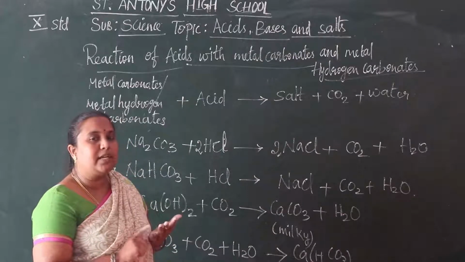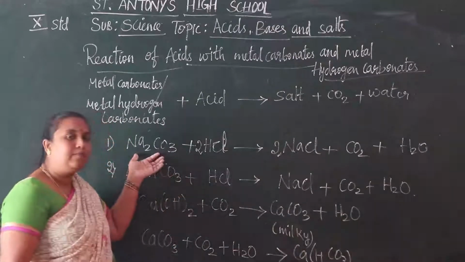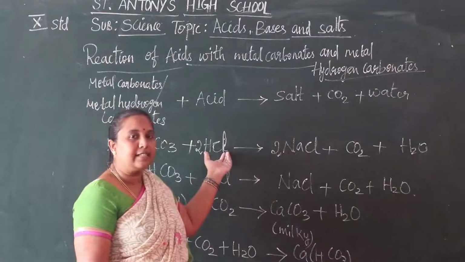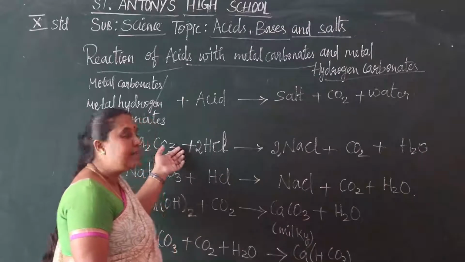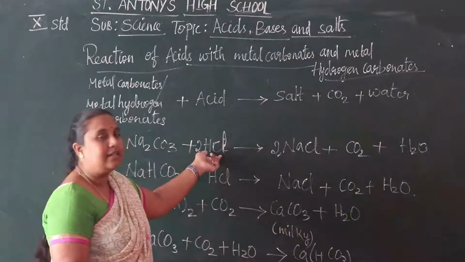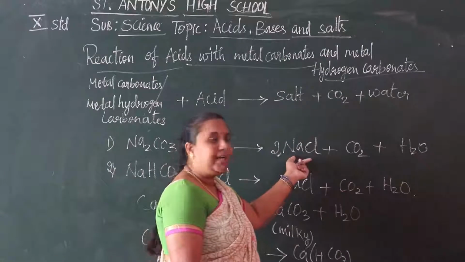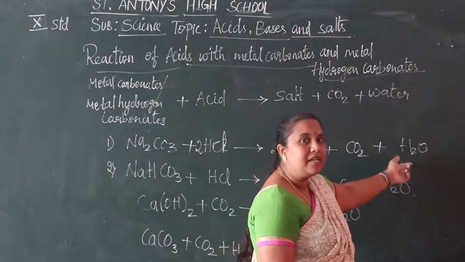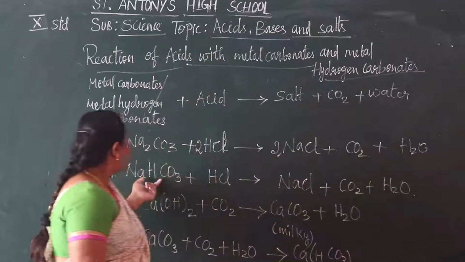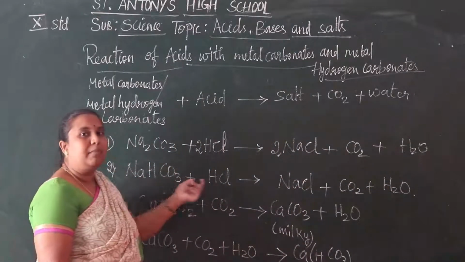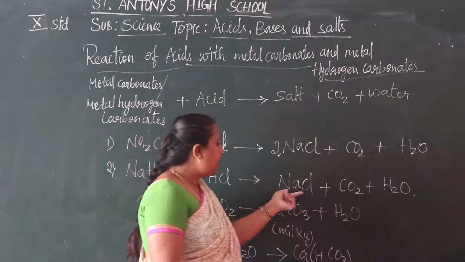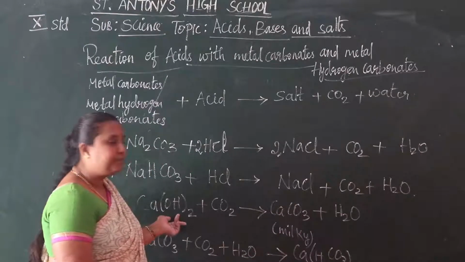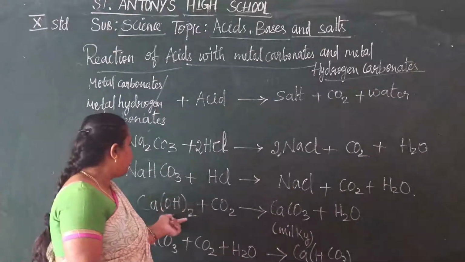For a metal carbonate we can take Na2CO3. Sodium carbonate is an example. Sodium carbonate plus hydrochloric acid. Sodium carbonate, a metal carbonate, reacts with hydrochloric acid. It gives sodium chloride, a salt, plus carbon dioxide plus water. Next, metal hydrogen carbonate: NaHCO3 plus hydrochloric acid gives NaCl plus CO2 plus H2O. Then calcium hydroxide reacts